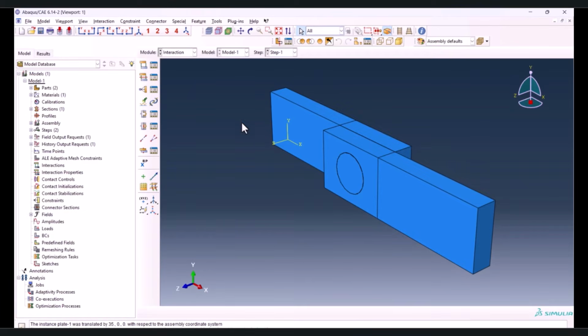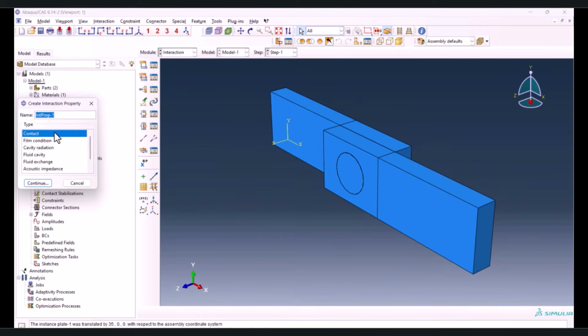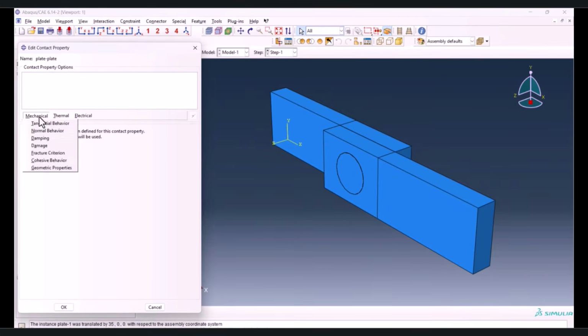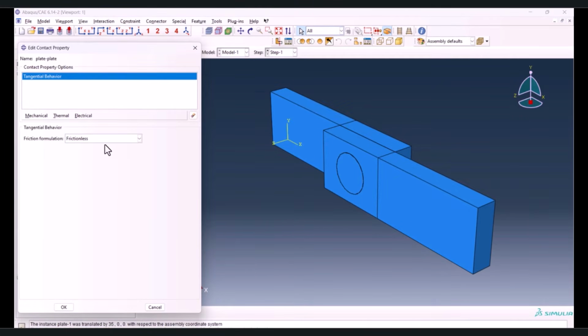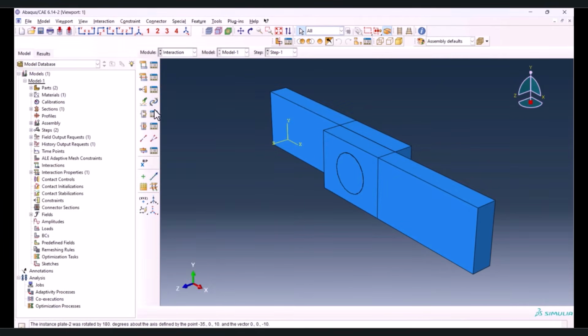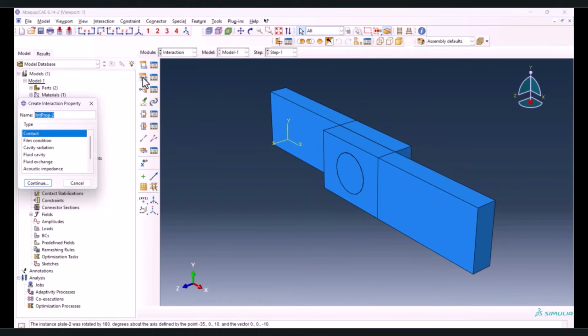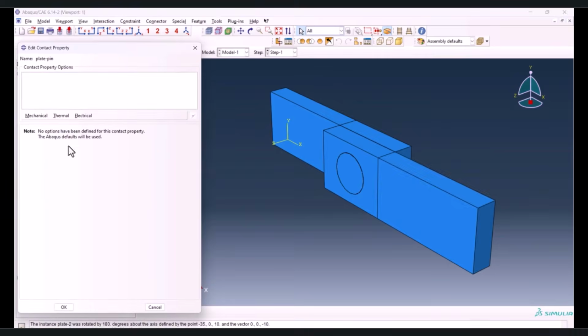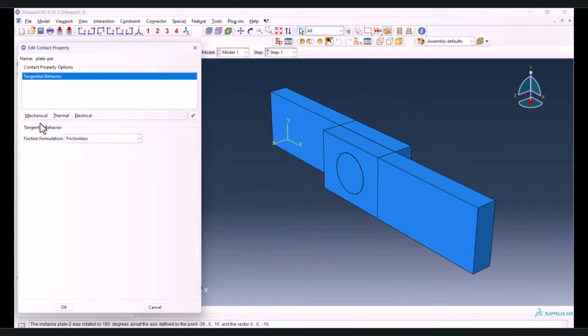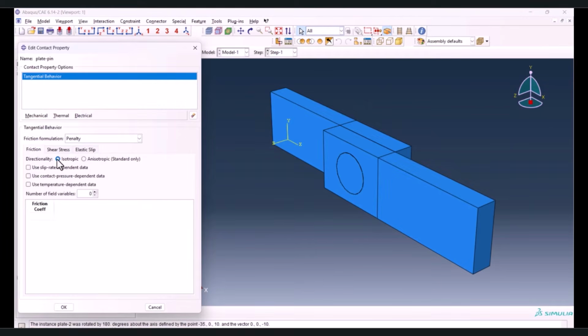Now it's time to go to interaction. First I need to create interaction properties, plate dash plate, contact, mechanical tangential behavior, frictionless, and I want to create another interaction property for plate dash pen. Should be mechanical tangential behavior, and we want to have friction with a friction coefficient of 0.1, and normal behavior